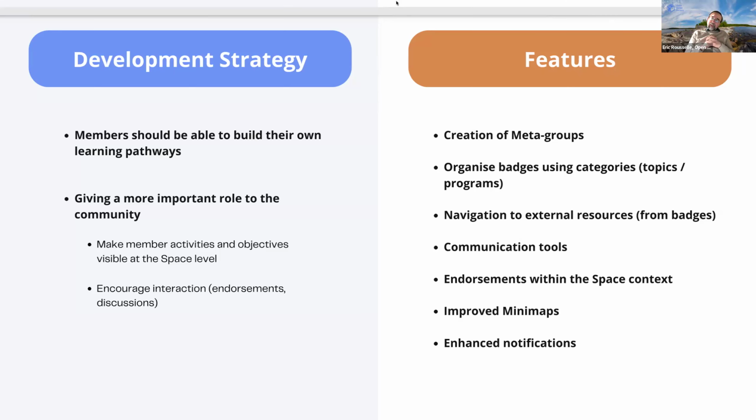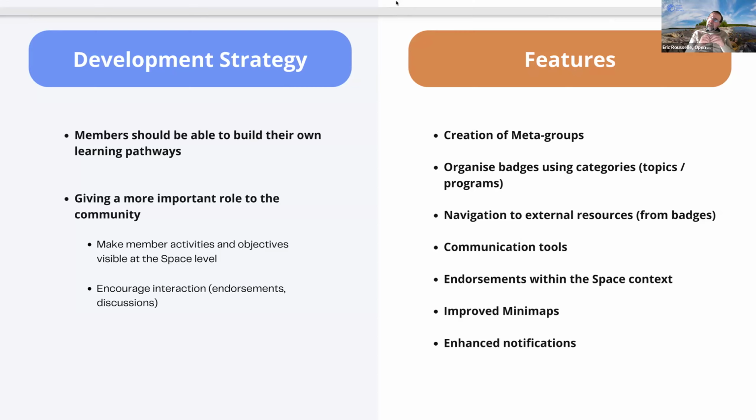And then one other idea, a good idea and easy to implement, is to also have categories in the dashboard to group the badges that we propose to learners by topic or program. So you could have an IT tab, and when you click the IT tab, you would see only the badges for the IT topic, and you could have marketing or whatever you want. So we would use topics also in the dashboard.